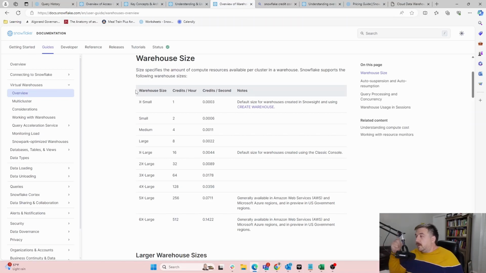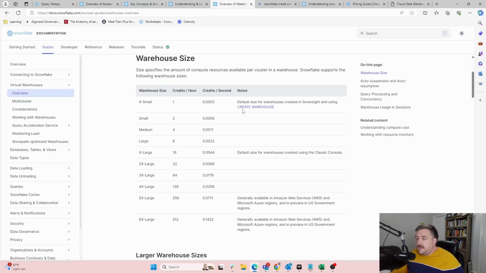Warehouse. So we're going to talk specifically about warehouse sizes, and this is what's going to lead us into our cost questions about Snowflake. So this is how you are billed. It's usage of a warehouse processing, and then it's rounded up to a minute. I'm sorry, I can't remember if it was rounded up or with a minimum of a minute. I have to go check myself on that.